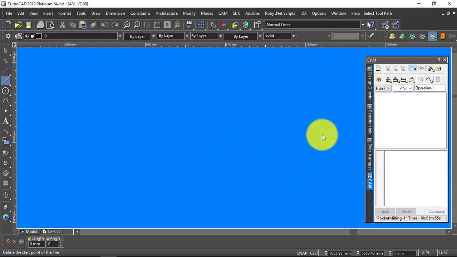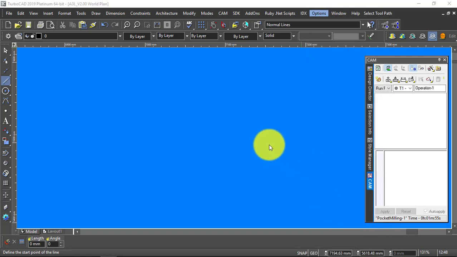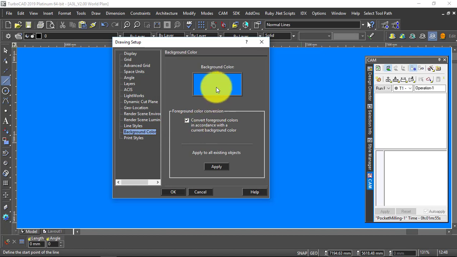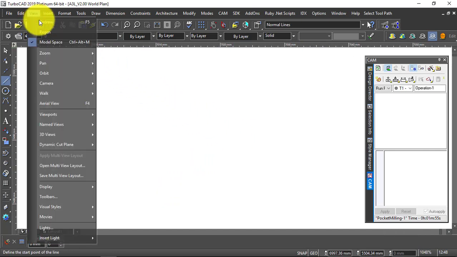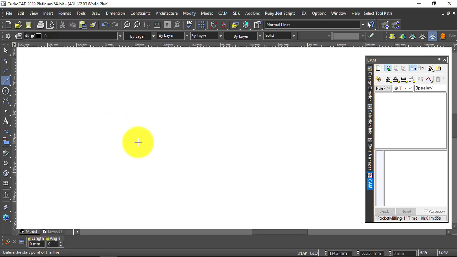Now we can see that there is no shape for the material. I'll just get rid of that. We'll change that back to white and go OK. We can see that there's nothing there. I haven't fully set up TurboCAD yet,